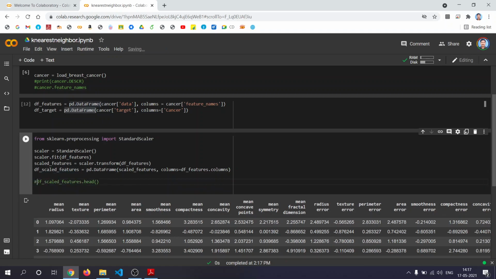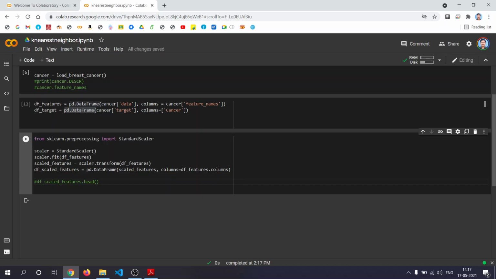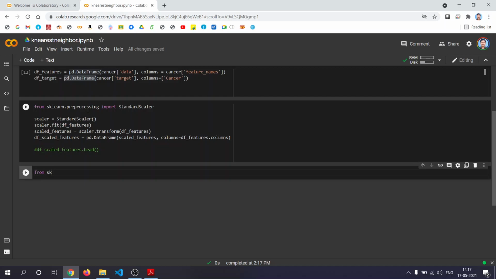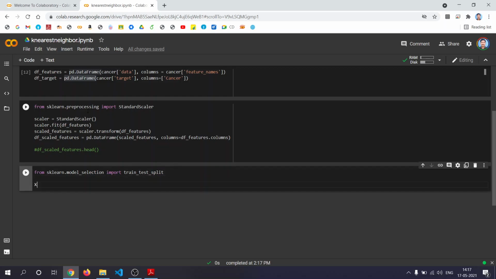So using this, now we go for training and testing. From sklearn.model_selection import train_test_split. x_train, x_test, y_train, y_test equal to train_test_split.